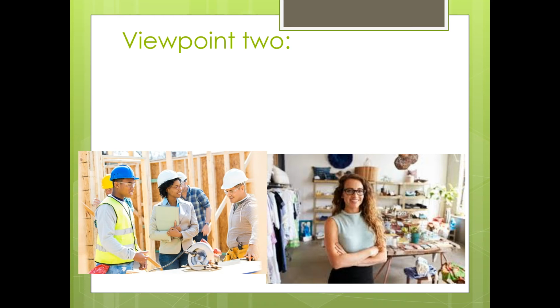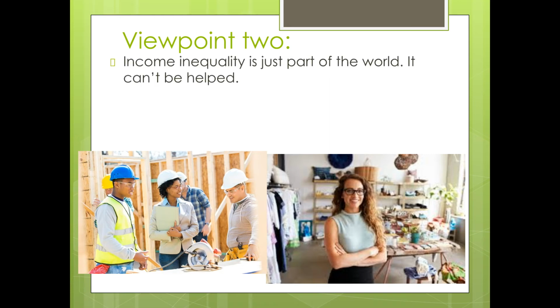Viewpoint two is a little bit stronger than that. Viewpoint two just says it's part of the world. It can't be helped. You can't do anything about it. Even if you tried to redistribute wealth, there would still be somebody who has more than someone else. So viewpoint two is a very practical, real-life kind of argument that you just can't do